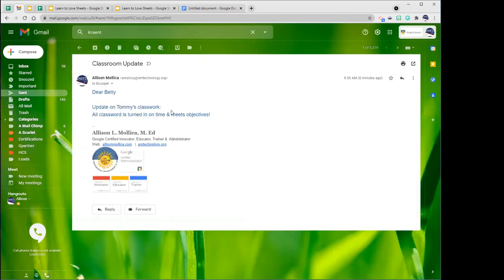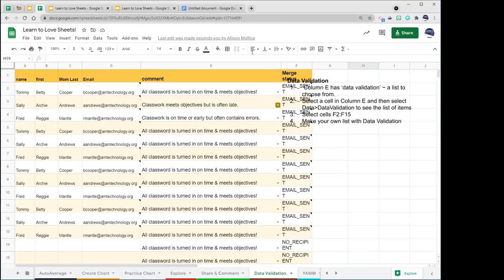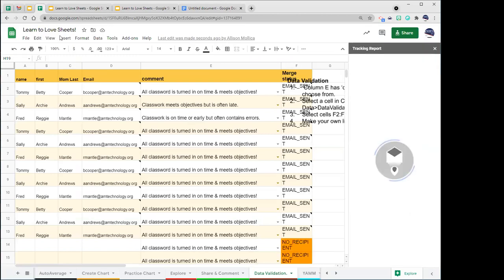Dear Betty, update on Tommy's classwork. All classwork is turned on and meets objectives. So it also puts it into your sent. Update on Fred's, classwork's on time or early, but often contains errors. So data validation is good, but a lot of the tools that I use are great when they're used in